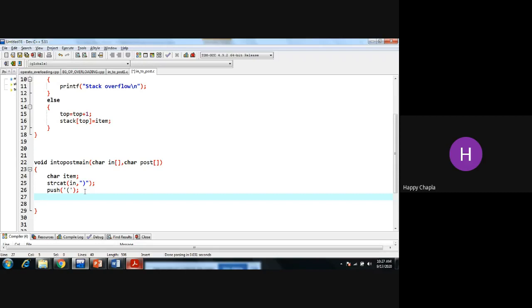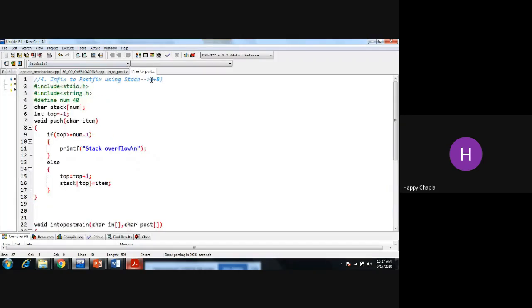Now I need to start with the zeroth position of my infix element to the end, and check every item, right? Because this is my infix array 0, infix array 1, infix array 2, and infix array 3 position.